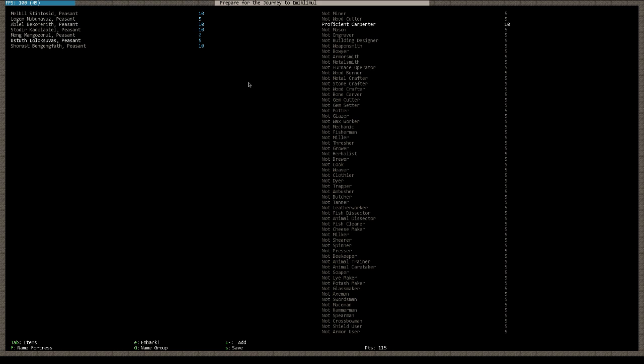I find that having a relatively proficient carpenter helps. Although I am going to split carpenter and herbalist. 4 levels on herbalist, save us some points. That leaves our farmer. Ironically, pretty much everyone's good at farming. Nibble is our... where's the brewer? Brewer,